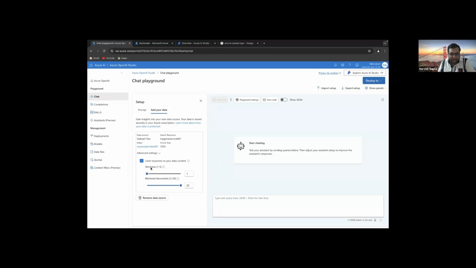Well, first one is strictness. This says how much I'll stick to my document. If I keep it as one, it will not stick very much to my document. It will try to add some general perspective as well within the responses. But if I go to 4 or 5, then it says okay, I'll get responses